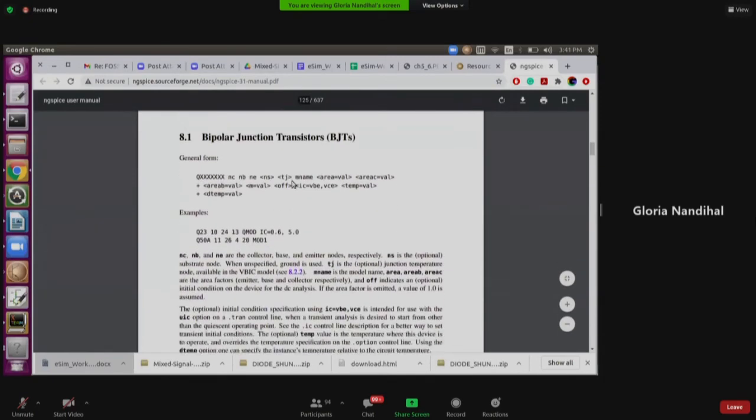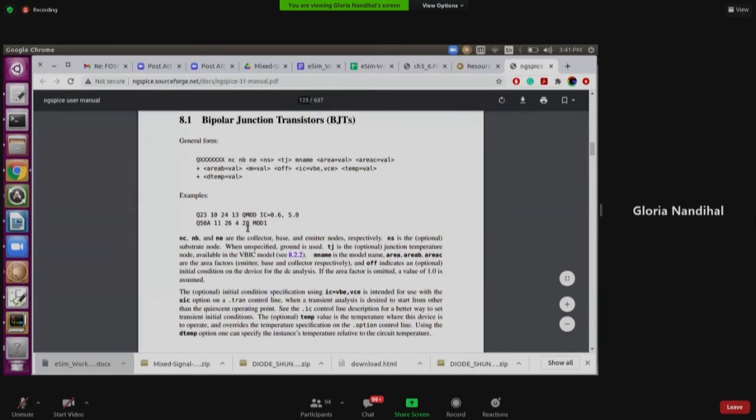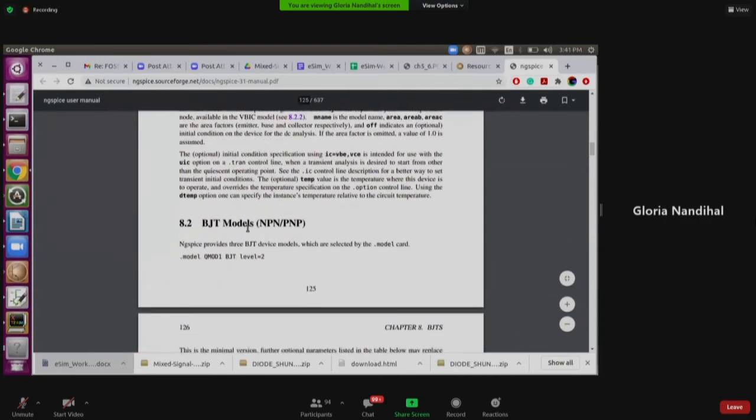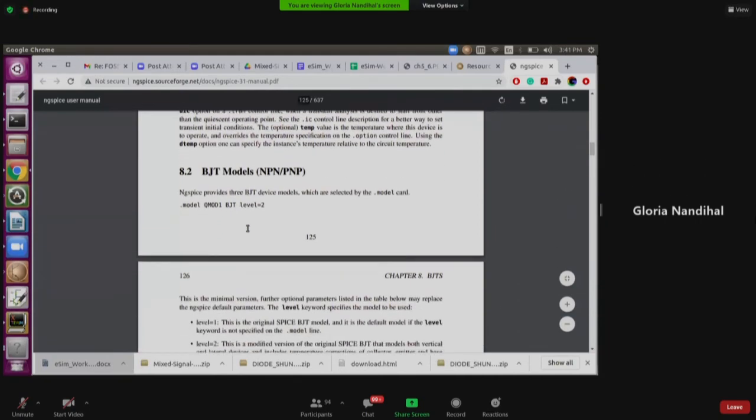Okay, so this is the general form. This is the collector pin, base pin, and emitter pin. So we had that pin issue in the schematic. If you mention it as 3, 2, 1, then that issue won't come. Again, I said there are different levels.